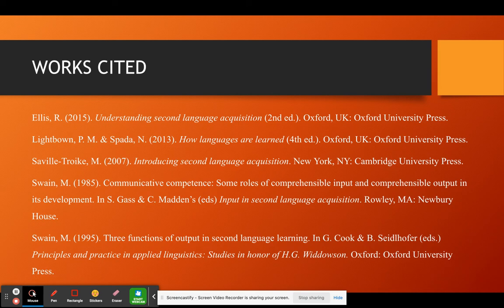Merrill Swain's work, as you can tell, is important. Once again, we're looking at theories that began by building on Krashen's monitor model, Krashen's input-based theories of learning, and eventually departed from them, mostly departing from his idea that language learning is unconscious and gradually starting to suspect that language learning was somehow conscious, that learners were actually thinking about the language and actually paying attention to the form of the language instead of just the meaning.